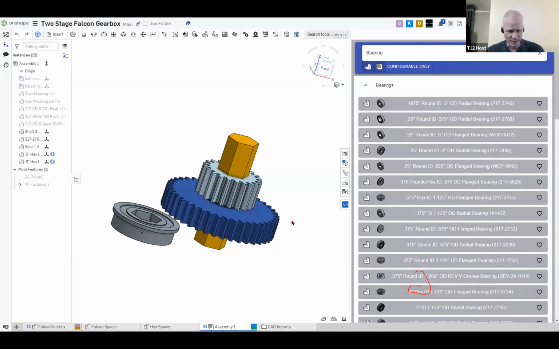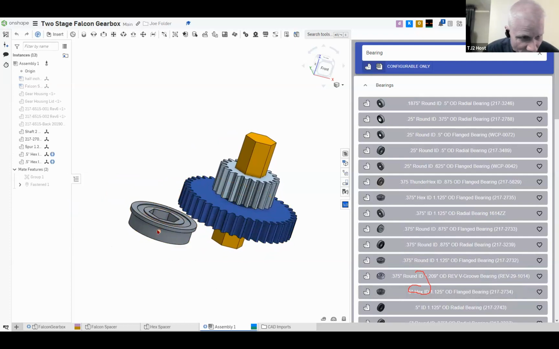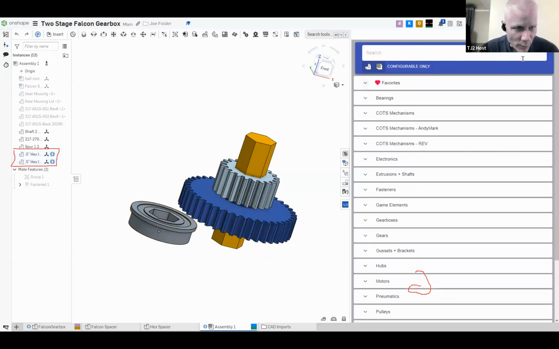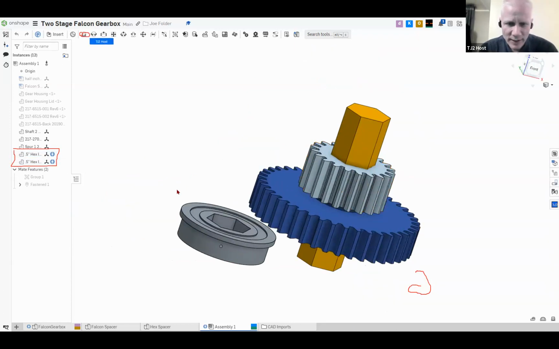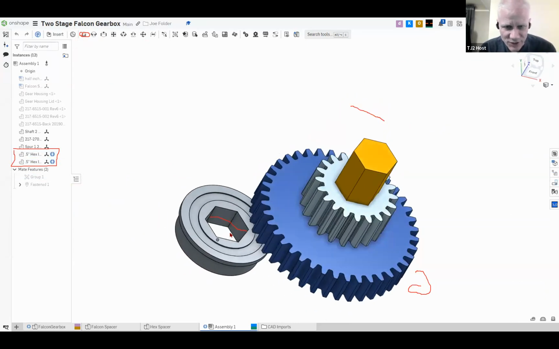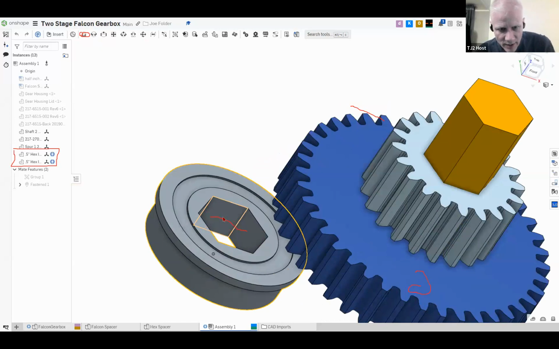Okay, so now you have 2 of them in there. You can see that you put 2 of them in there because they're over here on the model tree. So now what we want to do is fasten these guys. But here is a little bit of a problem: our shaft dimension doesn't exactly match that dimension. There's a little bit of an offset from the 2. So what I would suggest that we do is